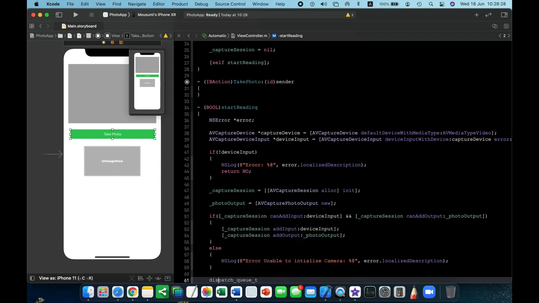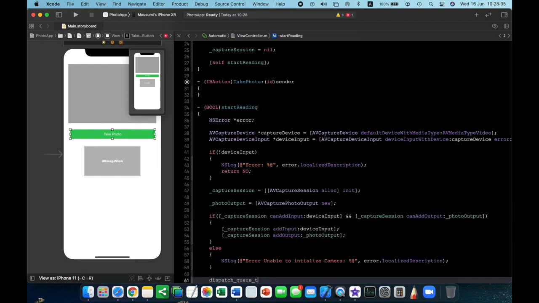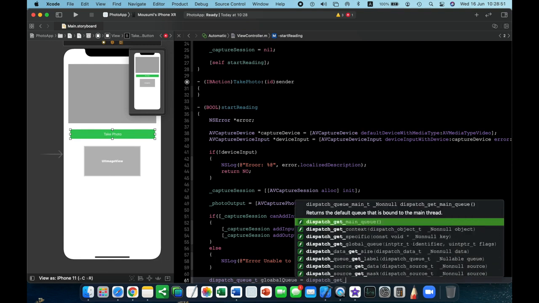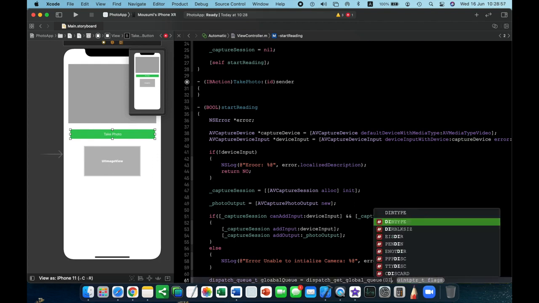I forgot the S and T. Okay, we're going to name it globalQueue, and we are going to initialize it with dispatch_get_global_queue. Over here we are going to use DISPATCH_QUEUE_PRIORITY_HIGH,